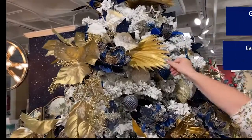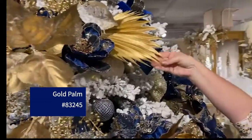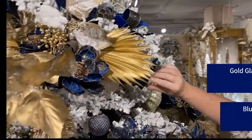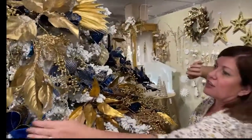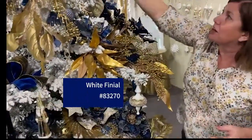But we also have these gold palms, and these are very thick. And then I was talking to someone else about this, and I said, this is a fantastic piece to put into your tree. That they didn't do it, but you could have hung different crystals off of this as well. Just like you did this off the tree or off the stem, you could have done it right off the palm, because this is a very thick, nice